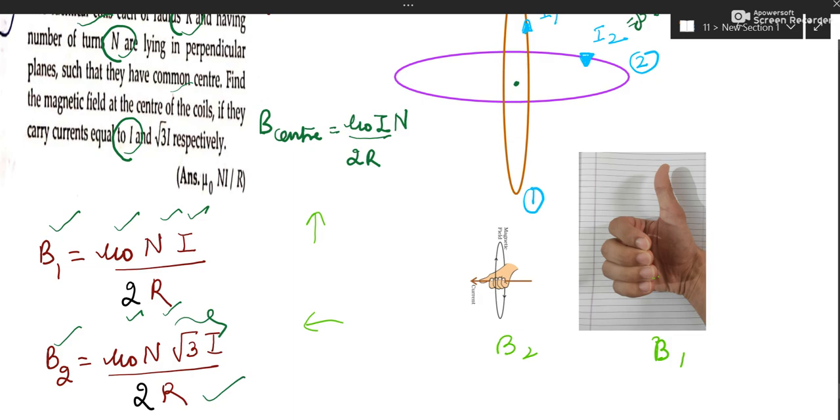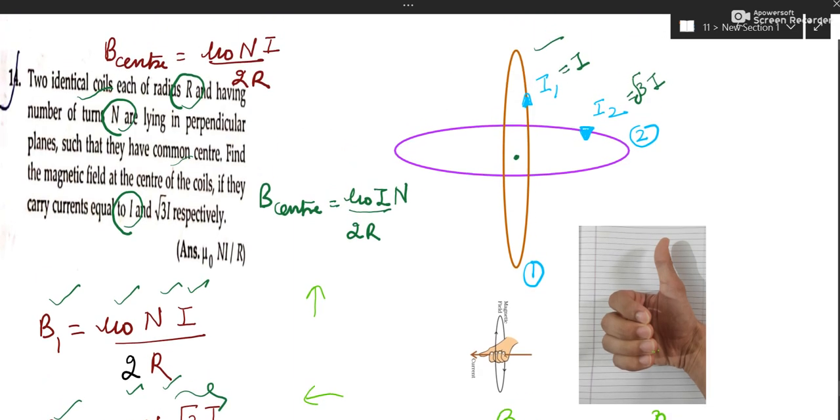Coming to the direction, you can see I have taken the current like this. For the first, the current is like this, then it is coming this way, then it is going this way. So this is the direction of current. You keep your curls along the direction of current and you will see the magnetic field is along this. It is coming out of plane. Half the loop is above the mobile and half is below the mobile; this is the above portion, this is below. So the current is coming like this.